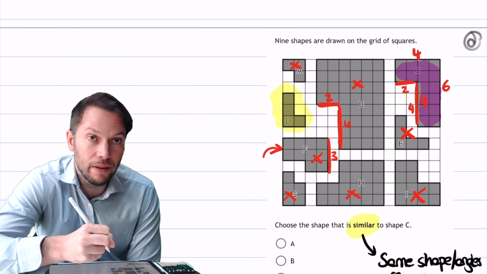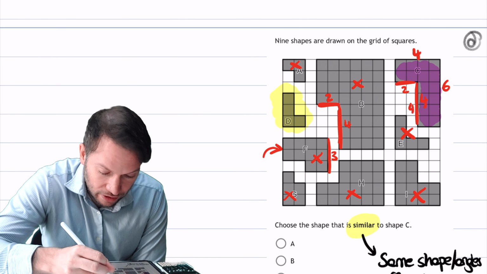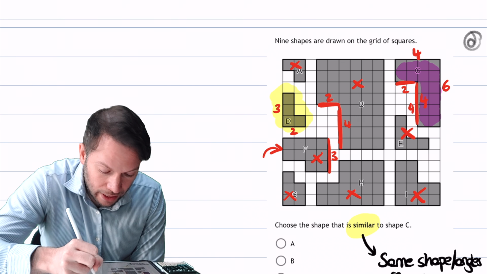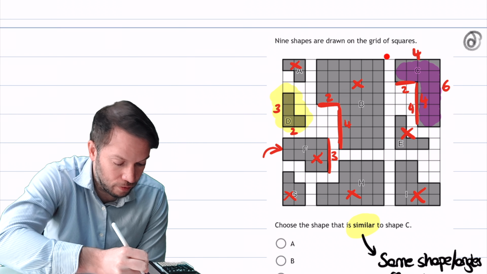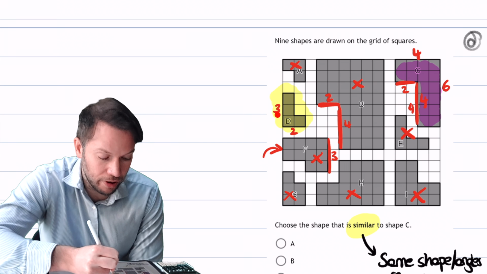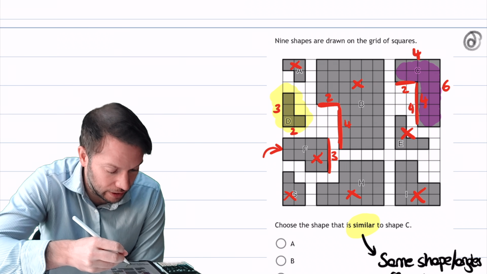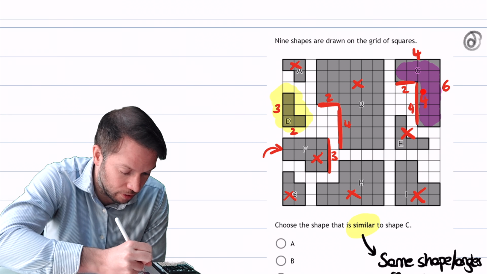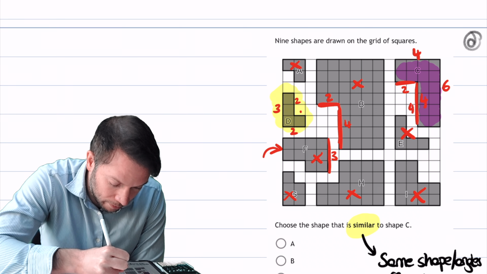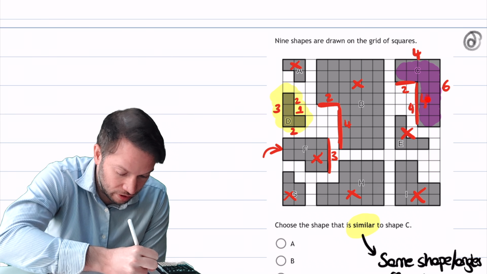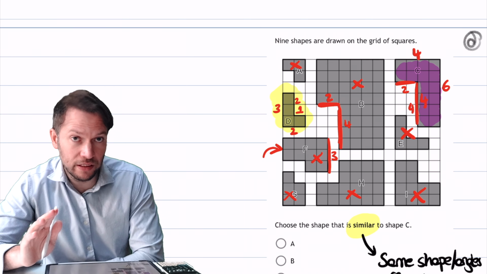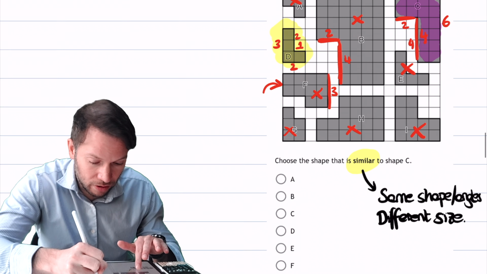But if we actually check the lengths to see whether they are actually similar, can you see that these outer lengths are 3 and 2 here? And that is possible to get from these outer lengths of 6 and 4. Because if you halve the 4, you get to this 2. If you halve the 6, you get to this 3. So it seems to be the same shape, but just half the size. And if you take this alcove, you've got this length of 4 and this 2, this inny bit. These lengths here are 2 and 1. And you can see the 4 is halved to get this 2, and the 2 is halved to get to the 1. So all the lengths are scaled by a scale factor of half. It's made half as big, and therefore the answer is